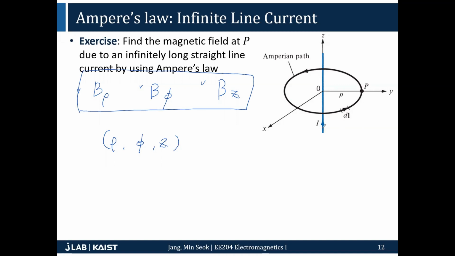What we want to claim is that at any position, only B phi is possible, and B rho and B z are impossible, by doing a symmetry argument, even before solving the problem. And then here, in the case of Ampere's, the magnetic case,